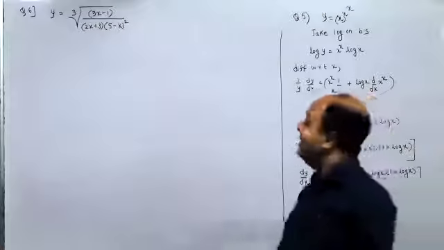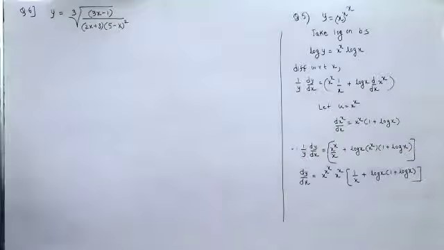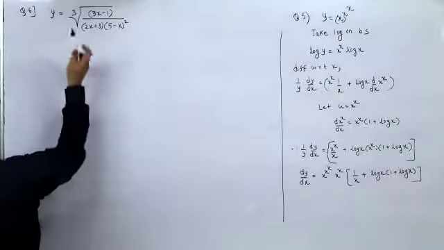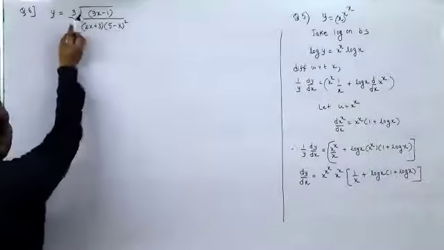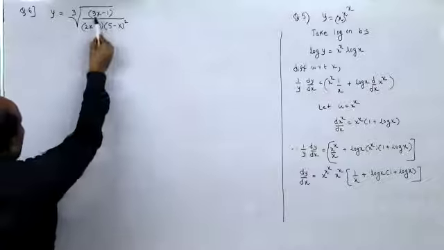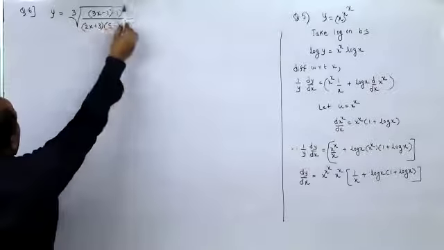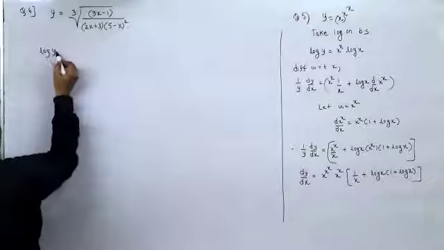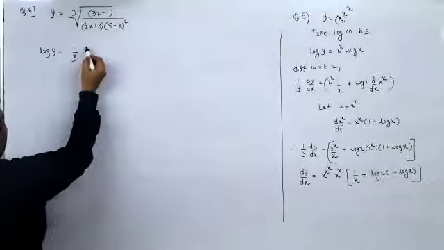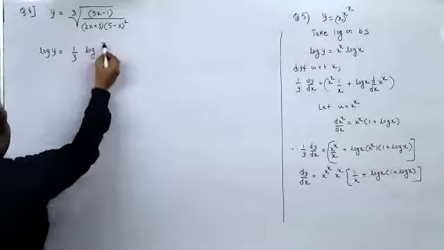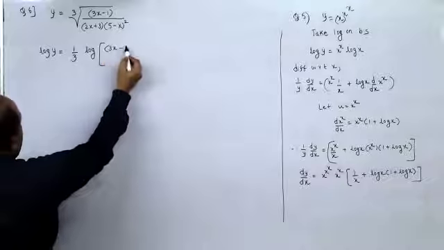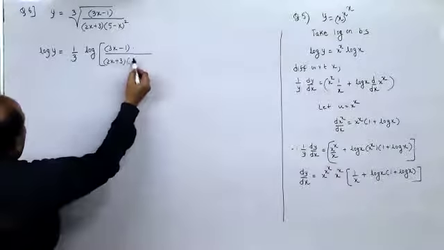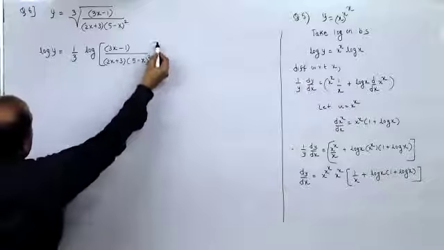Now, yeah, this is y is cube root of this. So this would be, since this is cube root of this, there are multiple terms here. First of all, I can write this as raised to 1 by 3. I'll take log on both sides. When I take log on both sides, I'll get 1 by 3 into log of this entire term. 3x minus 1 upon 2x plus 3 into 5 minus x the whole square.